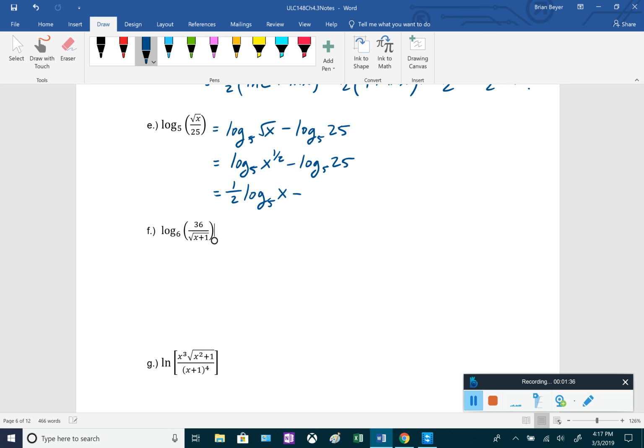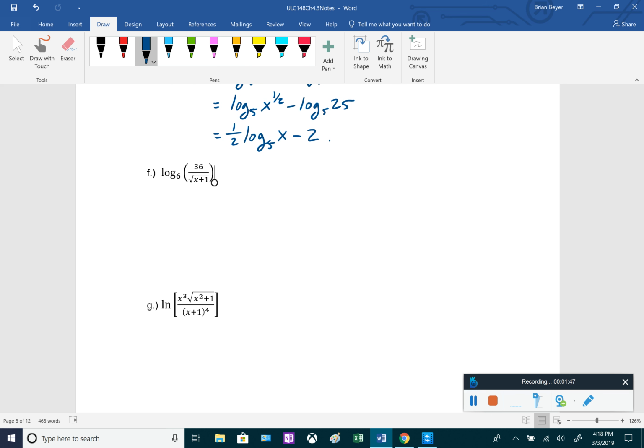Log base 5 of 25, that's saying 5 raised up to what power equals 25? That would be 2, because 5 squared is 25. So that's the expanded version. Next one,